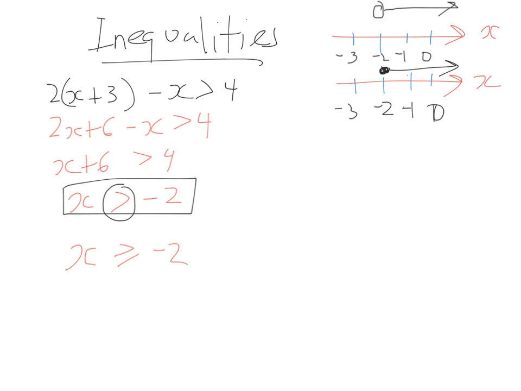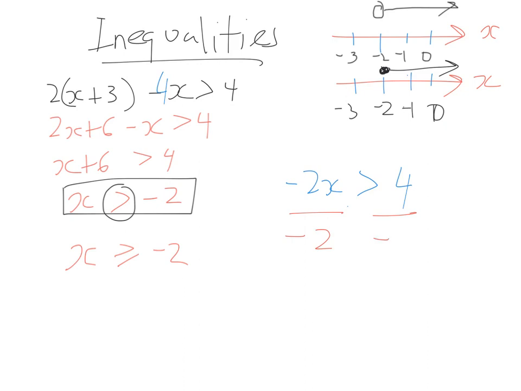Now, just a quick thing here. If we had an answer like negative 2x is greater than 4, for example, if we had been stuck with that, we'd have to divide both sides by negative 2. So we divide this by negative 2,